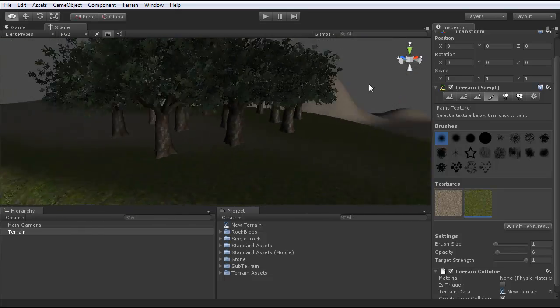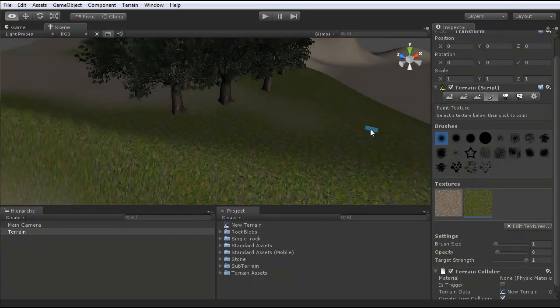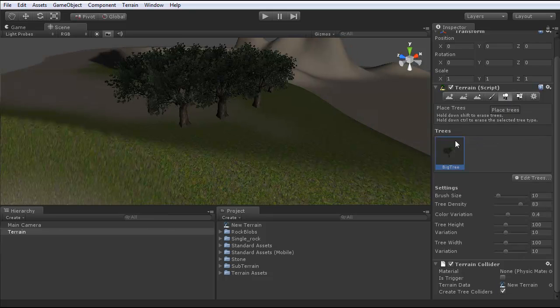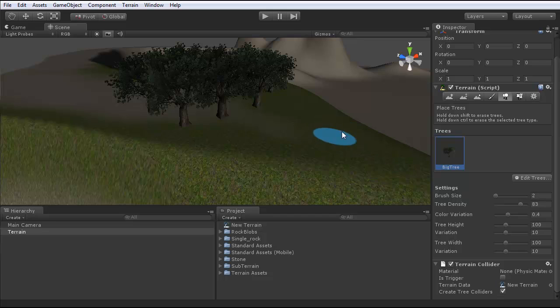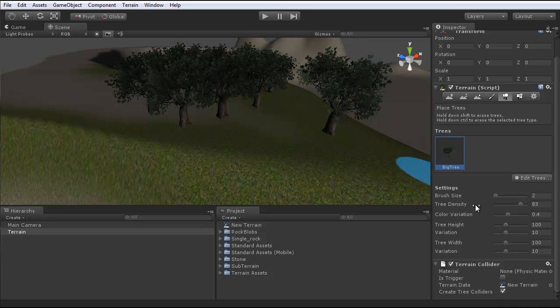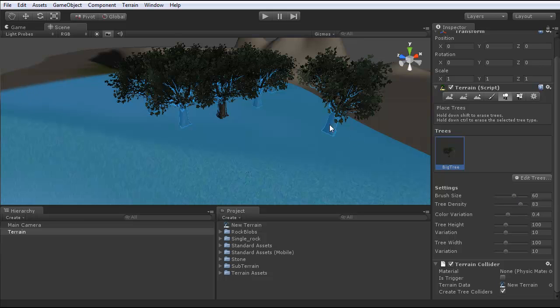So let me show you what the settings are on the brush. So if we go back to the trees, we have our tree picked. So we see how big the brush is. Let's make the brush size smaller. So there's our brush size now. So we have tree density. Basically, this is what gives us now, we don't have a big brush anymore, so it's not going to paint all together at once. So if we pull this out again and we have a big brush, we have to